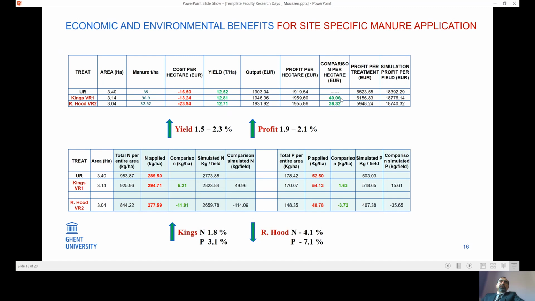Although the King's approach provided almost 40 euros net profit per hectare compared to the Robin Hood's that provided about 36